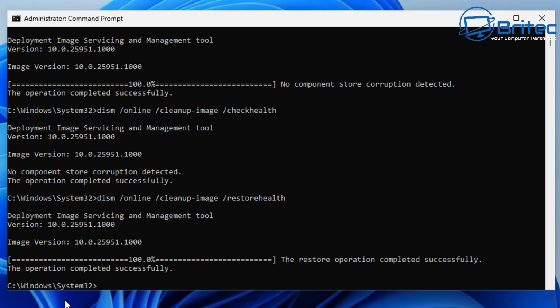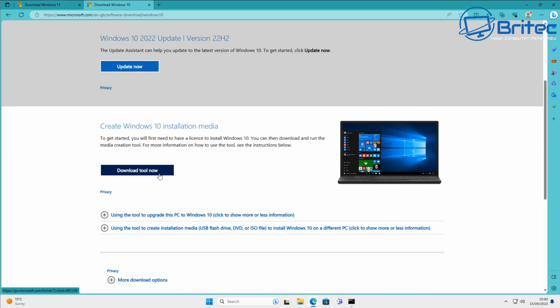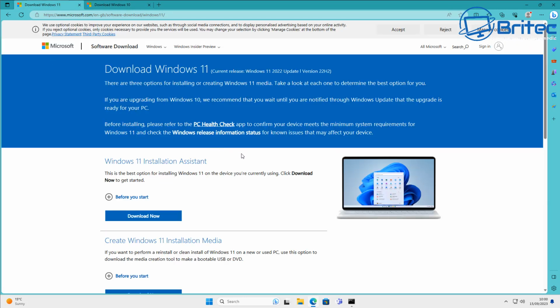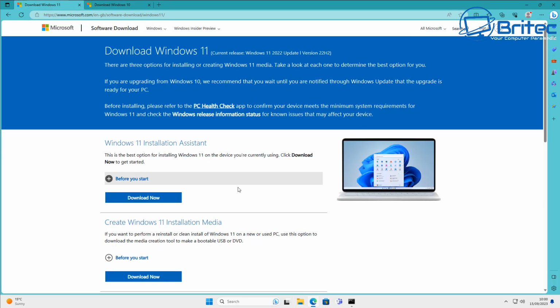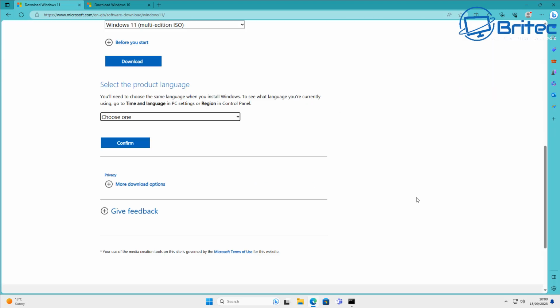If you're having issues running the repair via this method, you can download a nice fresh copy of Windows. If you're using Windows 10, you'll need to use the media creation tool and download the ISO that way. If you're using Windows 11, you can download the Windows 11 ISO directly from Microsoft's website without using the media